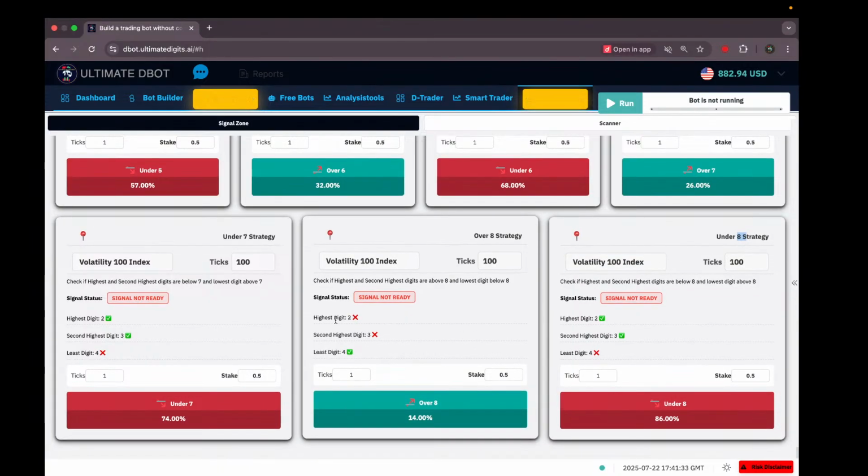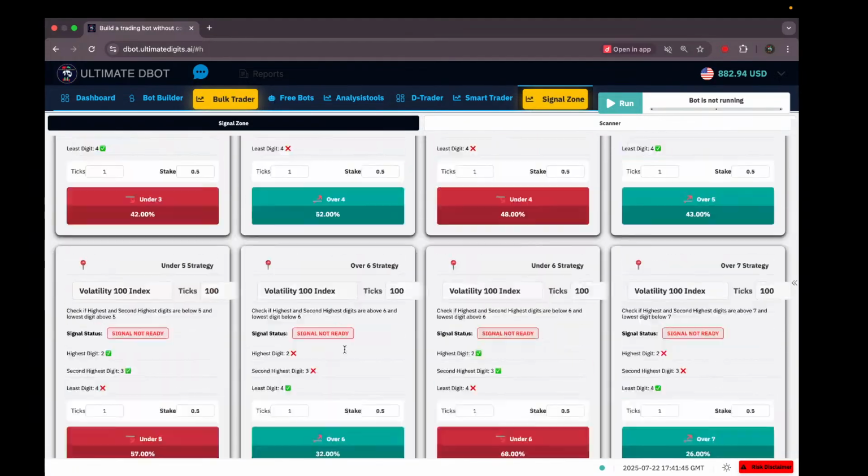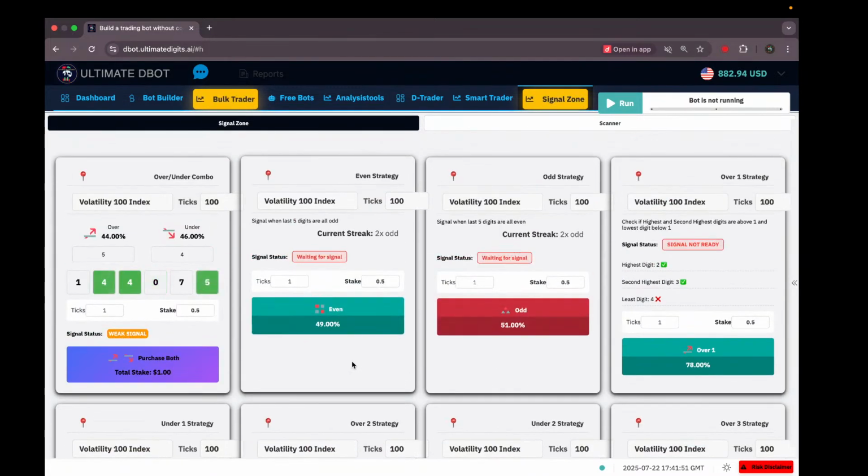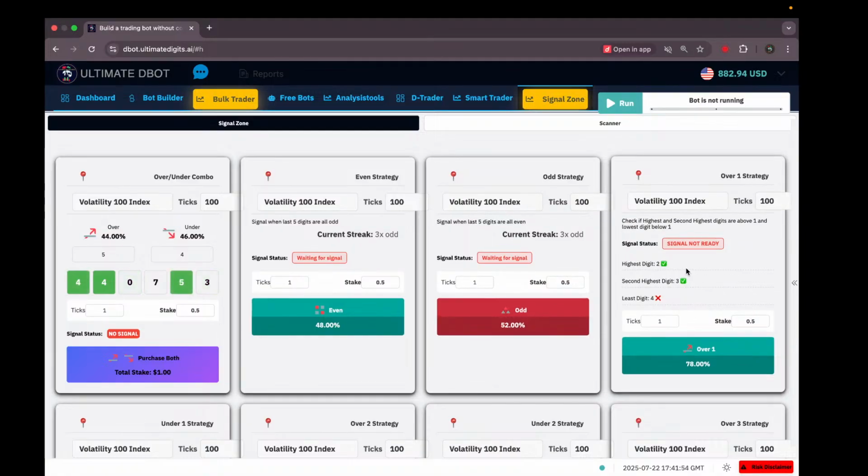So for a signal to be ready, there have to be three conditions: the highest digit, the second highest digit, and the least digit. So that's what the system checks for. If all the conditions are met,